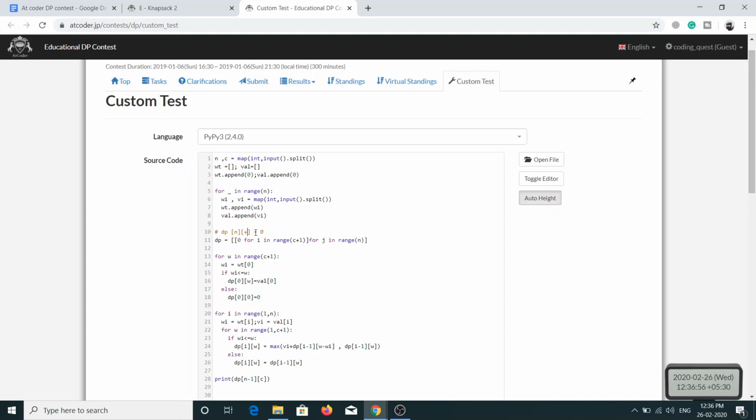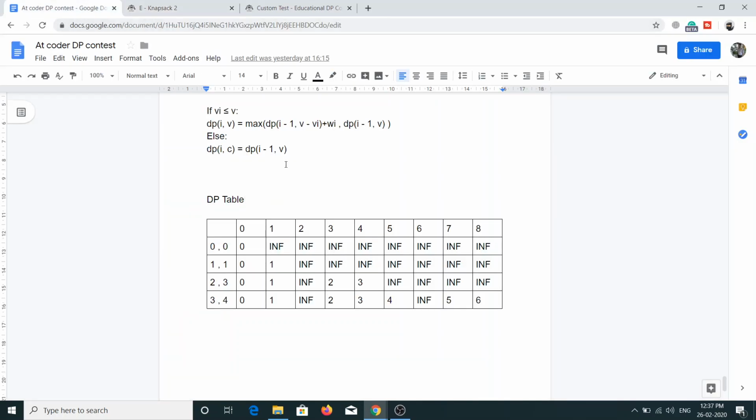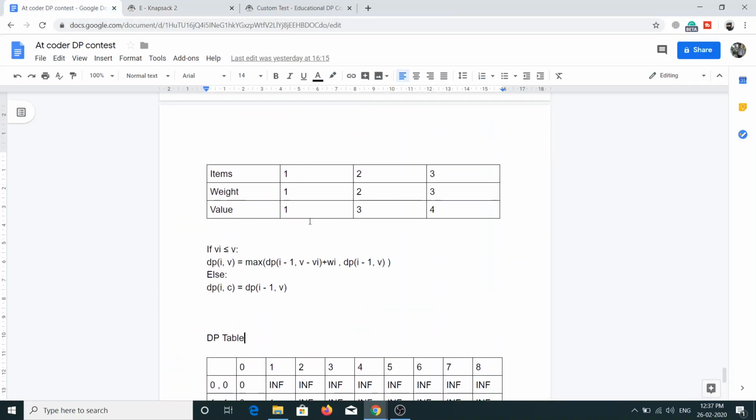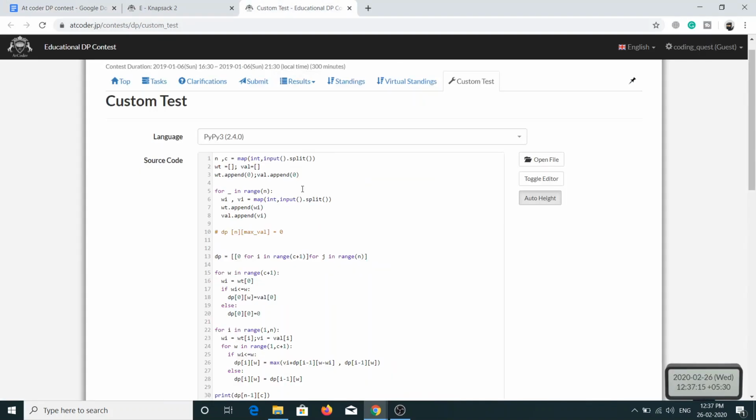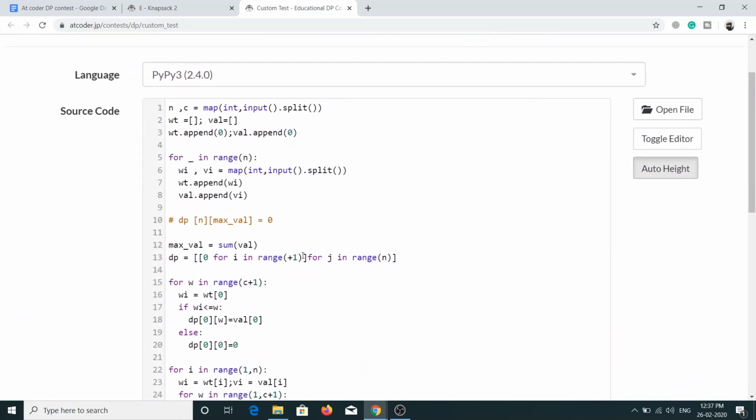So this will be max value, and I have told you max value will be the sum of all the values which we have, which in this case is calculating the sum of these values, 4 plus 3 plus 1. And I can simply do like this. So this is there, and this I will go till this value. Let me just zoom in. This is max value,